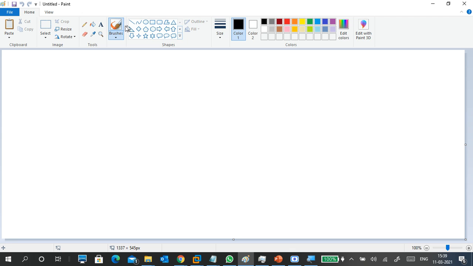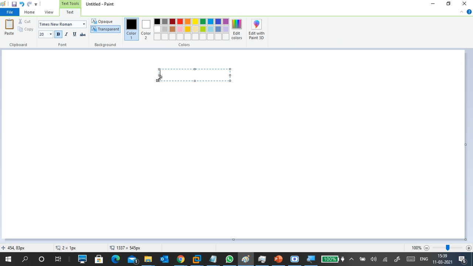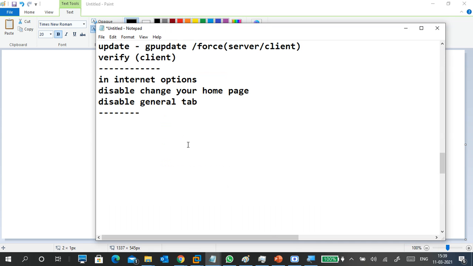What is group policy hierarchy? It is LSDOU. It means local, site, domain, OU. And here, where can we link a policy?